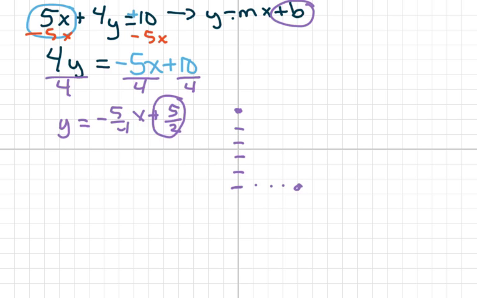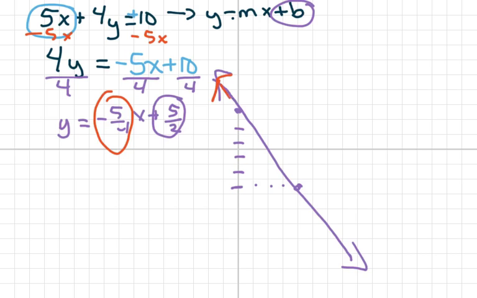Since I'm running out of room, I'm just going to graph these 2 points. So I'm using all the page up here, and it's like an airplane landing, because we have a negative slope. The negative slope, you need to check that. It's an airplane landing. This point here is 0, 5/2. Okay? Now, the next one we have